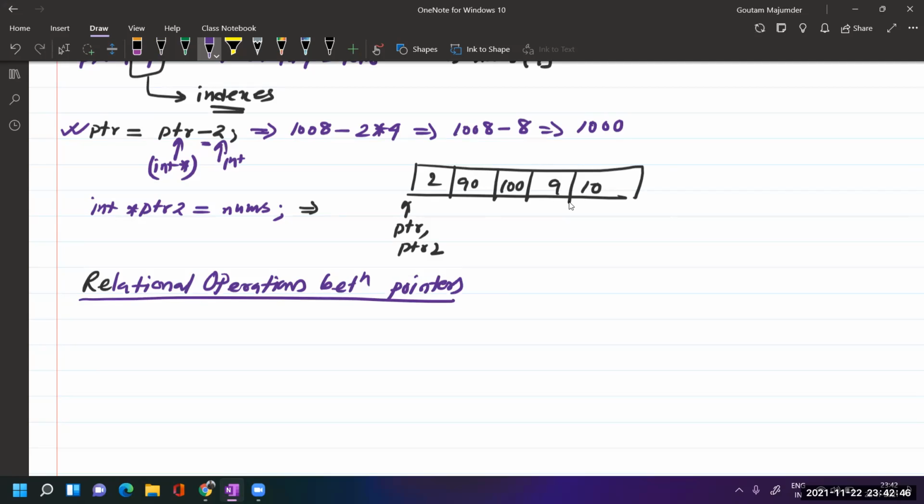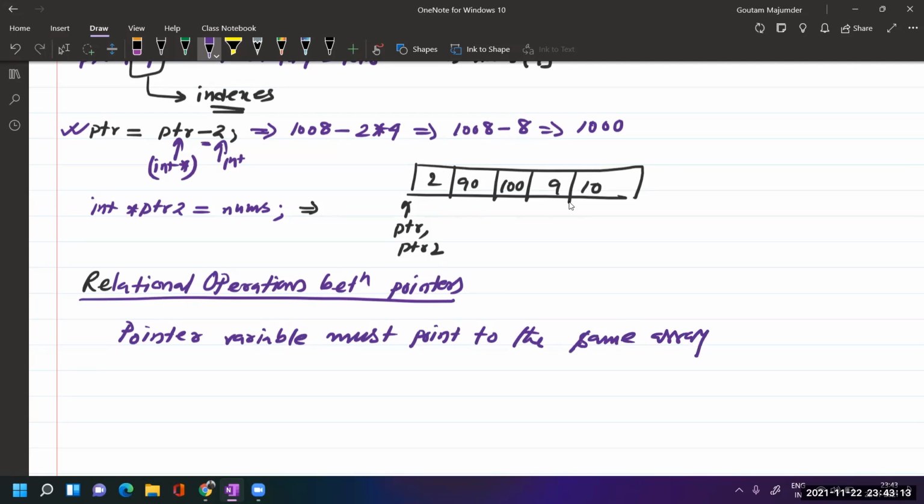The first point for performing relational operations between pointers, you can note down: the pointer variables must point to the same array.